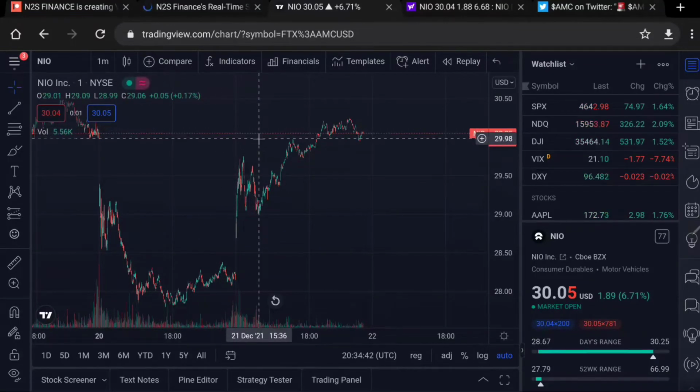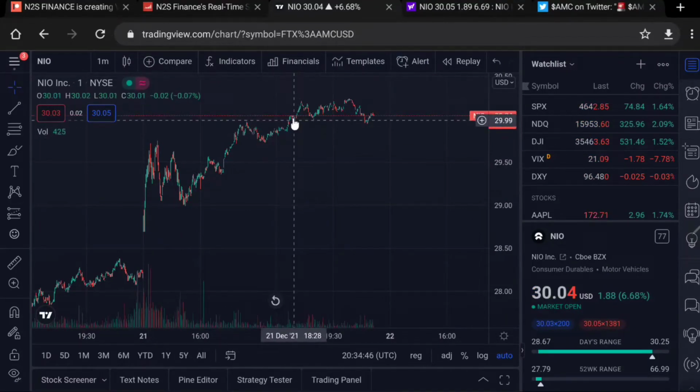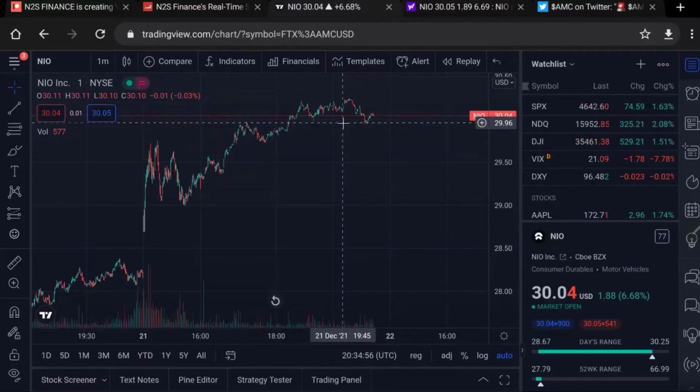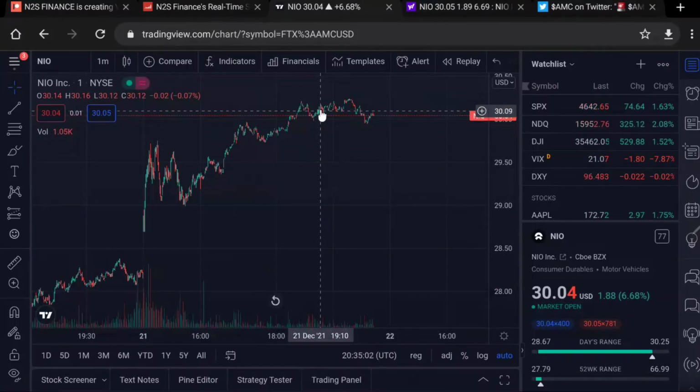And what this is also doing is bringing us past the point now of $30, which is really good, and from there we're starting to see that nice level of consolidation, quite flat, which is perfect as well. We've had a few seconds where we dipped below that, coming down to about 29.96, but really from there coming back up. And again, the goal for the end of today is to remain above 30 in my opinion from